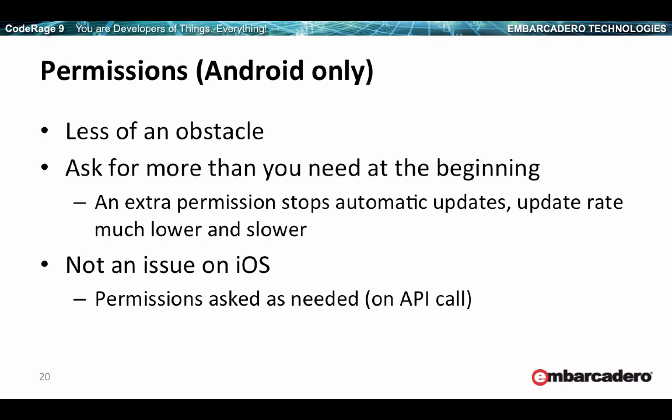Now, there is a very significant slowdown in updates on Android when you add extra permissions, because most people have their Play Store set up with automatic updates. So you release a new version, people get a notification, the Play Store just automatically updates the new version, and everything gets very smooth, and you can have a 50, 60, 70% upgrade rate within a week